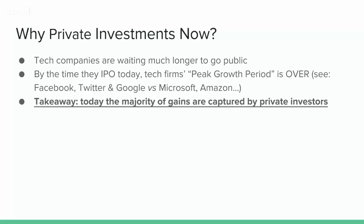Usually by the time they go public, a large tech company like Google, say, is already going to be worth $24 billion, or Facebook was already worth $72 billion when it went public. So most of the gains have already been captured by that point. There's only so much larger that a $74 billion company can get. So you're never going to see the types of